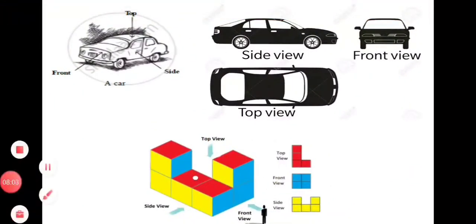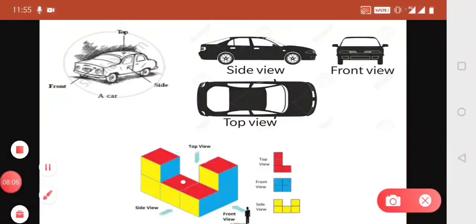Then if we talk about the front view, this side is given as front here. We will take this as front because you can see a man also standing in front of it. So this is the front view. In the front view, we can see this blue face, this blue part of another cube, this blue part of the third cube and this blue part of the fourth cube. That is, we can see 4 blue squares of the given cubes.